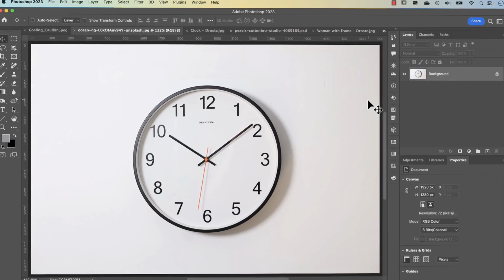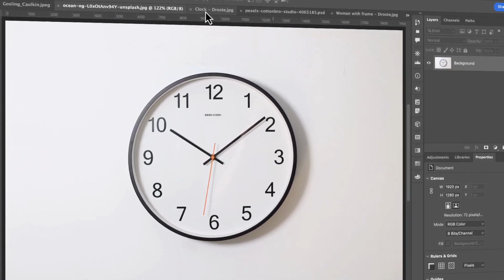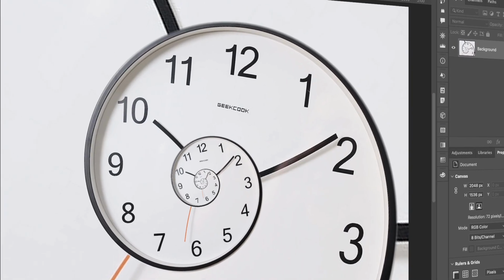And that's how you create the really cool effect called the Droste effect using a little bit of Photoshop and